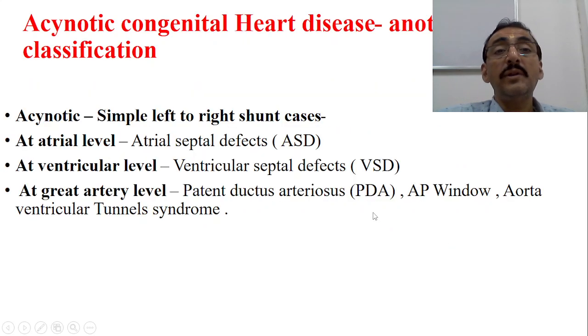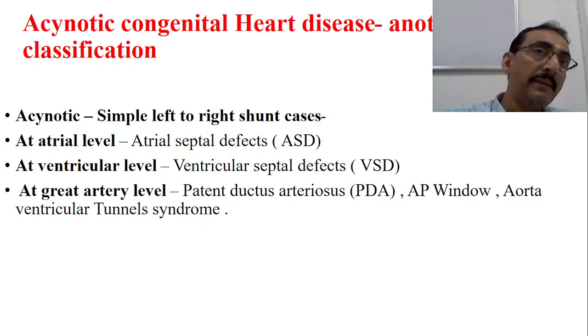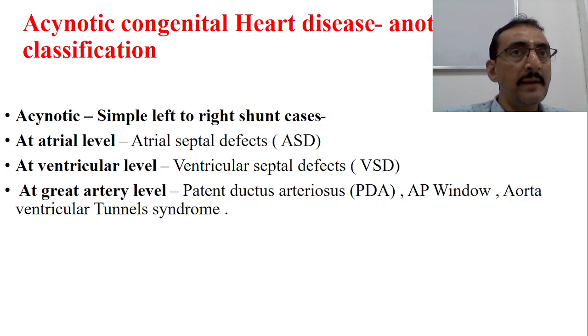Now, cyanotic congenital heart disease, another classification. We have seen different types of classifications of acyanotic heart disorders, because these classifications help to identify the different types of patients. Otherwise it is very complex for the diagnosis and also for the treatment. But once you go in this way, it is quite easier. Another classification is